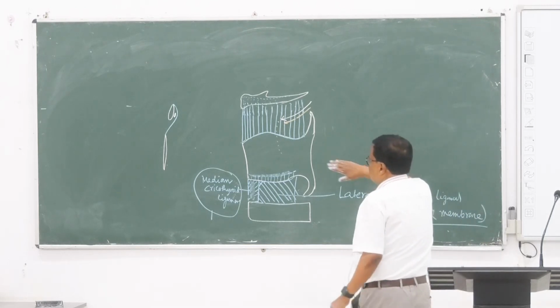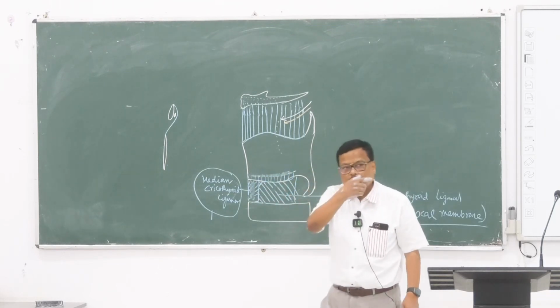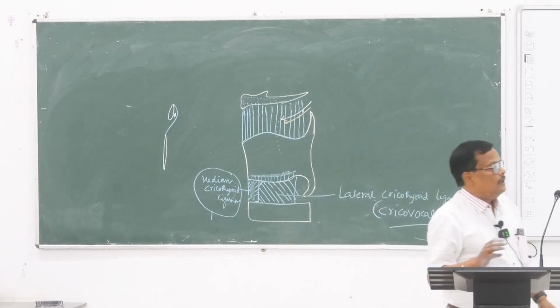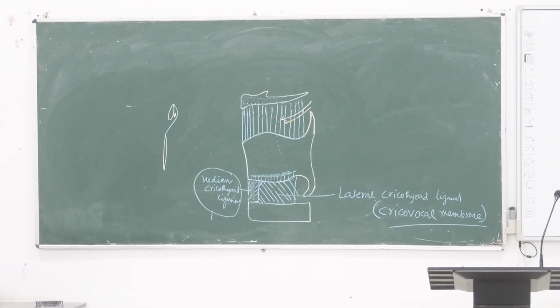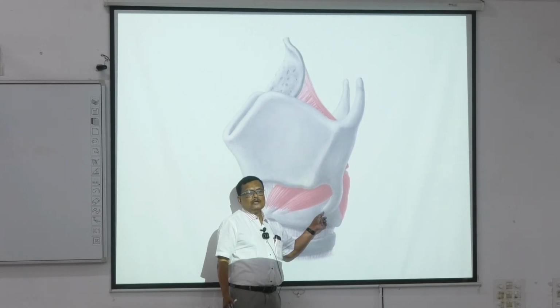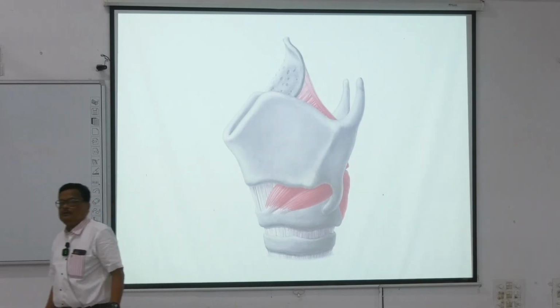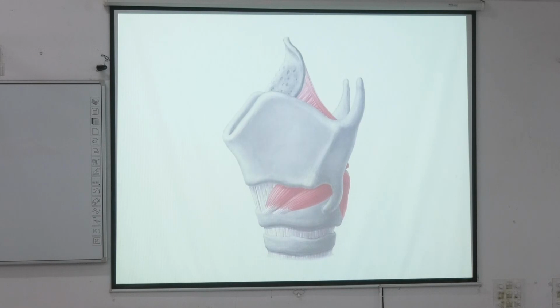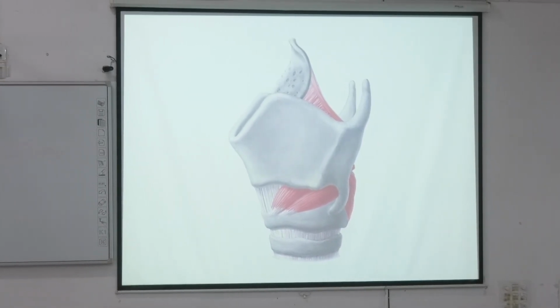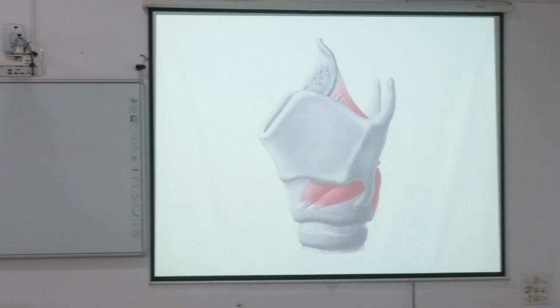We cannot see this, as it is covered by the thyroid lamina and goes in through the inside. You will understand when you see the specimen. So we have learned two things. Besides, there is another, the joint. The inferior horn of the thyroid cartilage makes a synovial joint with the cricoid cartilage, known as the cricothyroid joint. Slight gliding and rotatory movements are possible. This joint is a synovial joint, so it has got a capsule. So for now let this be.